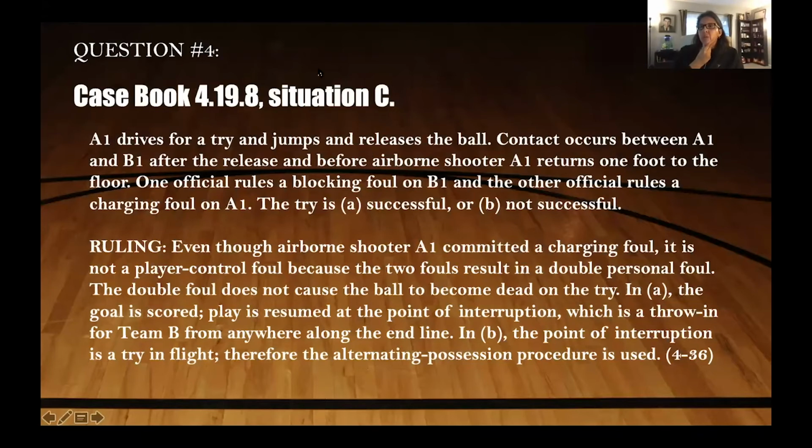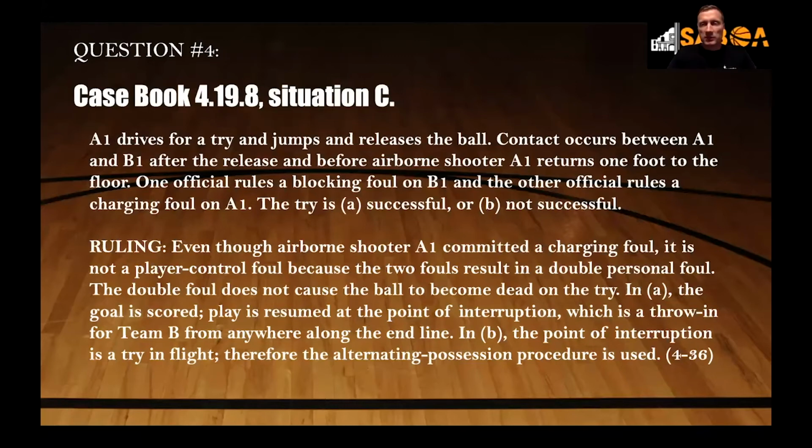PJ's asking on double fouls, what happens if it's a pass and crash situation? On double fouls, we have the same thing. It's the same. So if we have a double foul in that situation on a pass and a crash, we have to report both fouls. Unfortunately, that's just by rule. We have to do that. So if you have a pass and a crash, and one referee has a player control foul or team control foul, I'm sorry, and the other one has a block, then we have a double foul. It's the same. We have to report both fouls.